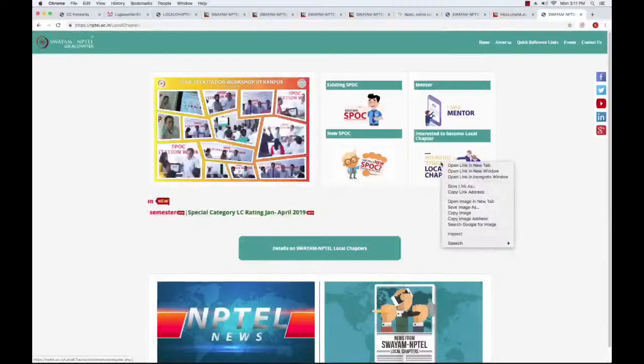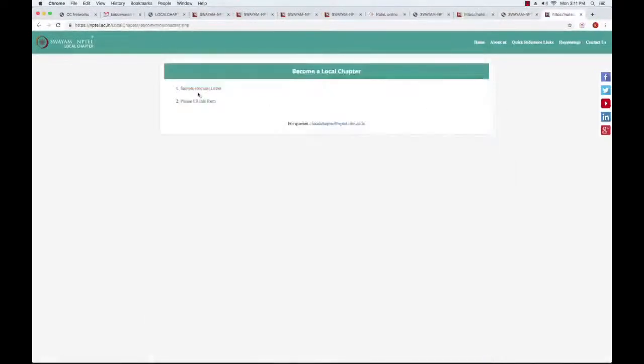So let us first click on the interested to become local chapter tab. As you can see, the sample request letter is shown here and there is a form that you have to fill. So we say that you download the sample request letter and fill in all the details. This letter has to be on the college letterhead, the principal's letterhead. Make sure the principal signs, the seal is put there, and then once you fill the form, you have to upload the request letter signed by the principal here. We will